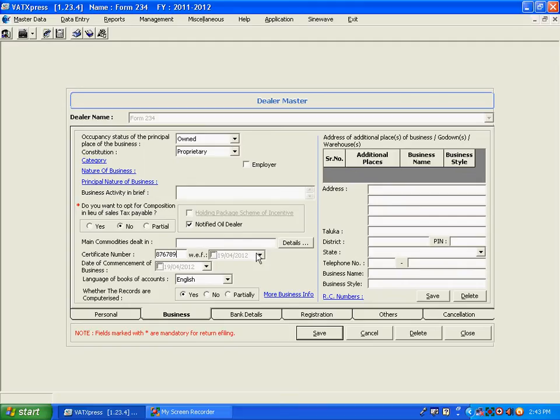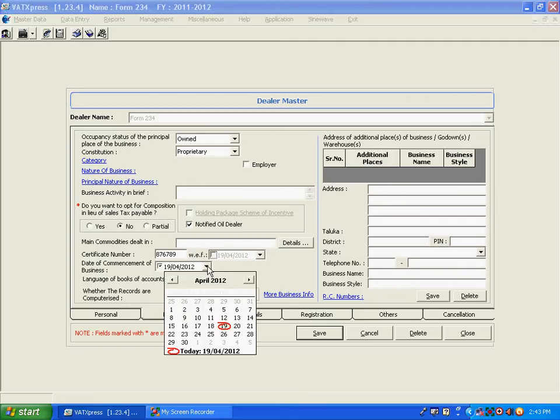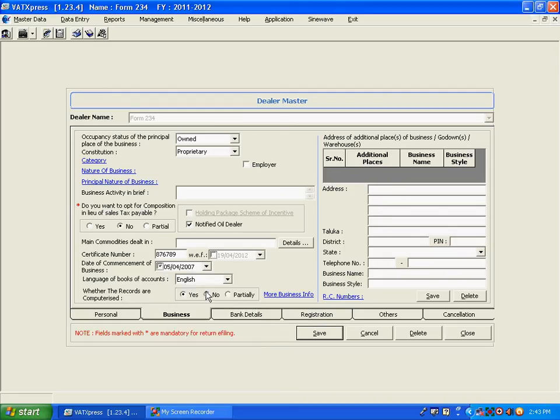Enter the certificate number, date of commencement of business, language of books of account, whether the records are computerized, and address of additional place of business or godown or warehouse.